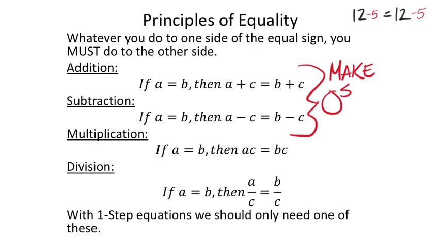Since we're going to make these phantom zeros so that we can ignore them, the reason why we're going to do that is if we don't want a value to be there. And it can be an x value, it can be an x term, I should say. It can be an x term, it can be a constant. I mean, those are pretty much the only two options we're looking at in this class. Okay, so there will be times to make zeros, and zeros, which become phantom zeros,